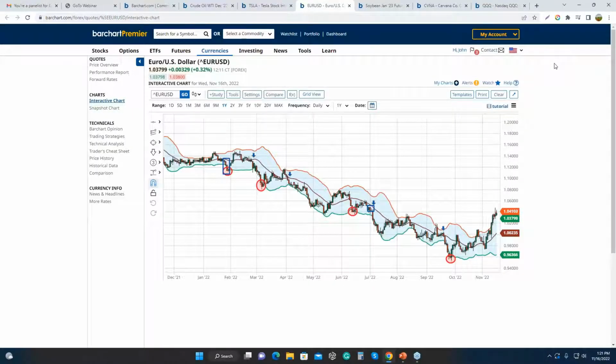All right, so we have 2 concepts now. Narrowing bands, breakouts, trend following. Wide bands, price has gone too far, too fast, mean reversion. So what we're going to do now is